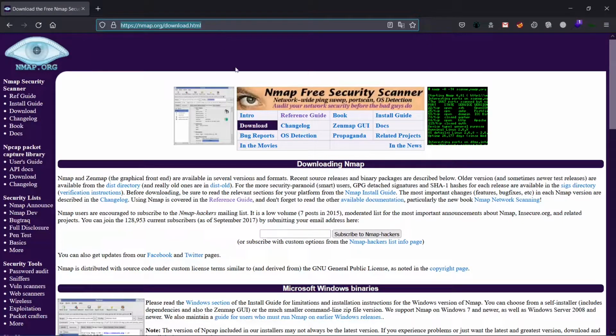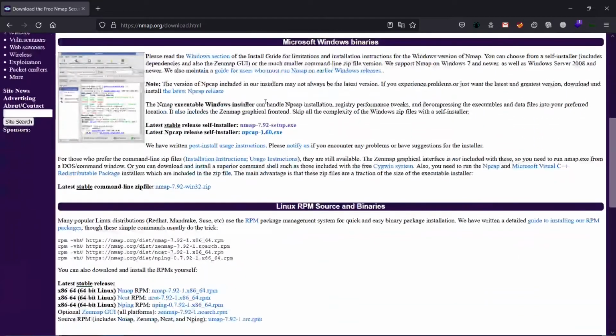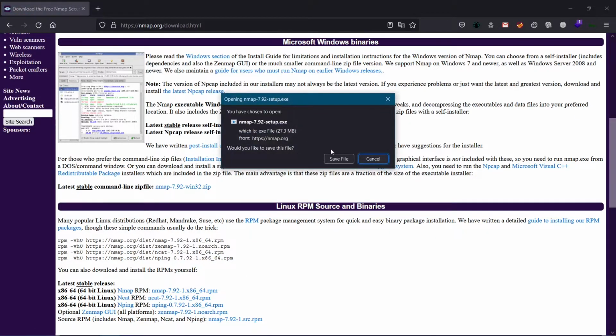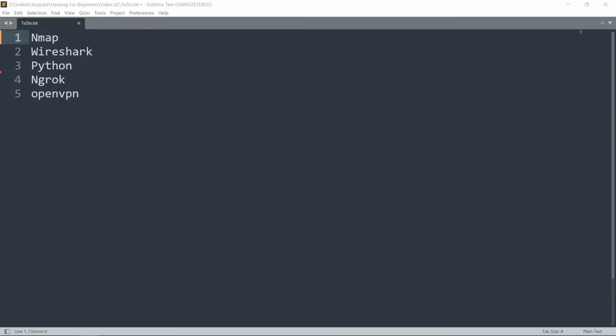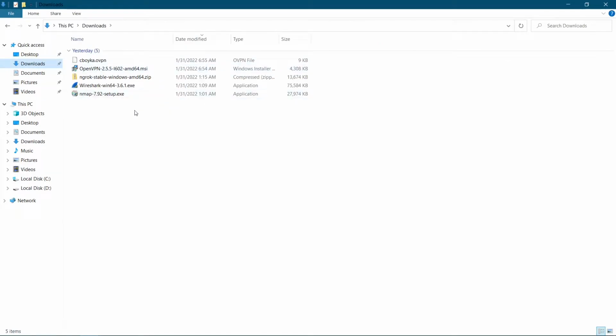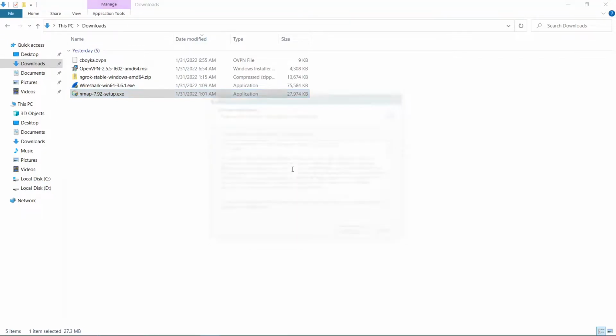After you come to the page, scroll down a bit and you will see the setup file for the Windows machine. Click on it and download the file. I have already downloaded the file for you. Here we have the Nmap setup. Double click on it,